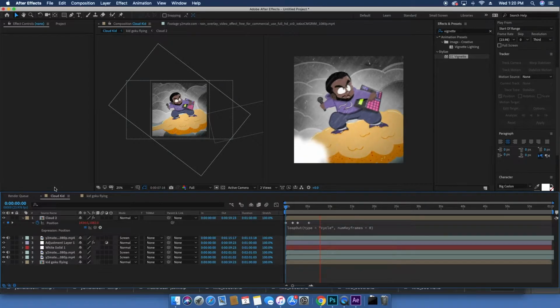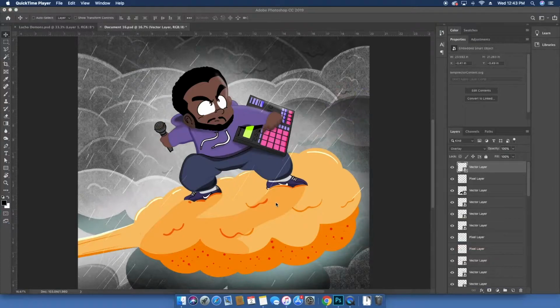and I'm not even exactly 100% sure on how I want to do it. I just kind of vaguely know that I want to emulate that this is sort of floating through the sky and that there's a little bit of rain going on. And I'm just going to use a couple simple techniques with keyframing in After Effects and maybe a couple expressions. But first I wanted to bring it into Photoshop and